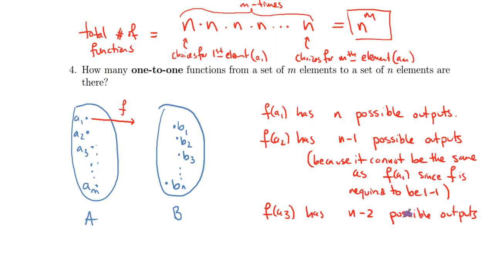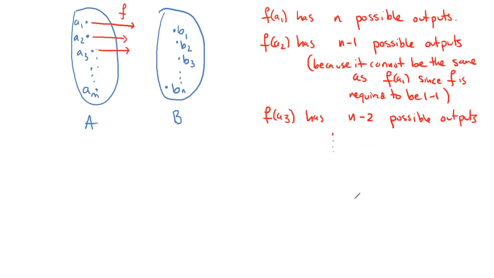And then same thing, f of A3, continuing this, would have n minus 2 possible outputs. The reasoning is that it cannot be the same as f of A1, and it cannot be the same as f of A2, whatever those are. And so on. I don't want to draw them in because it would give a specific example. And then you keep going, and here we actually might run into a problem, because you'll eventually get to the very last one. f of AM has how many possible choices? Well, it would be n minus (m minus 1) possible outputs,